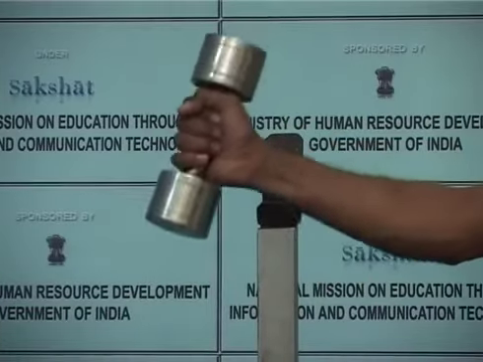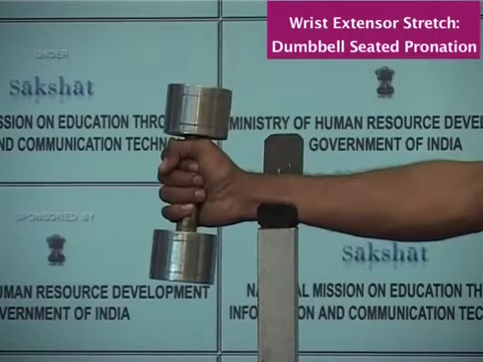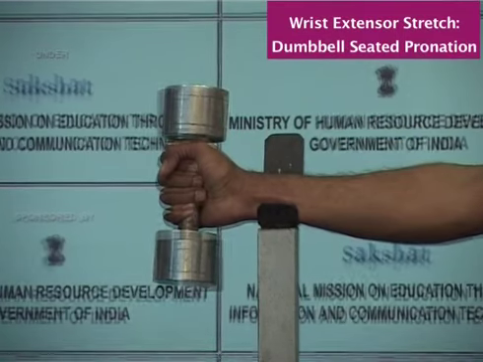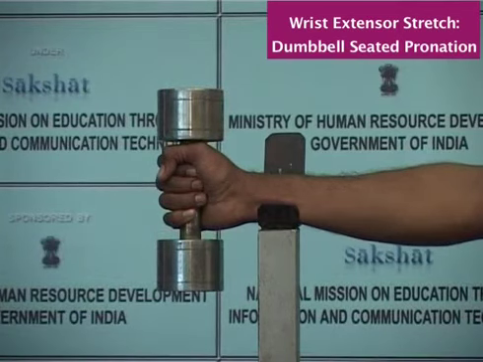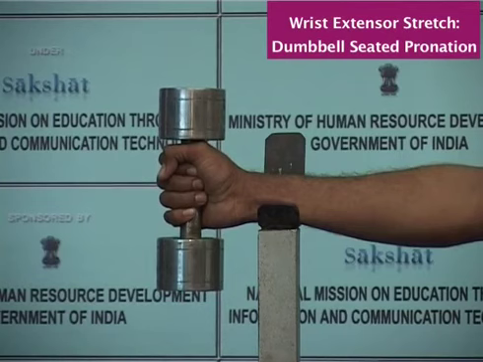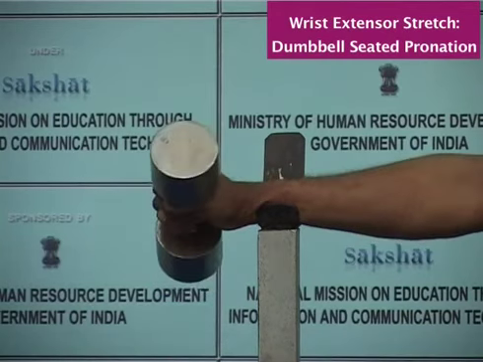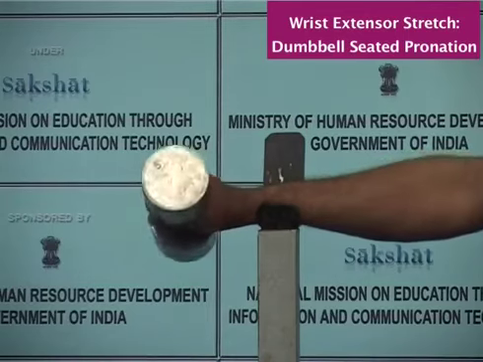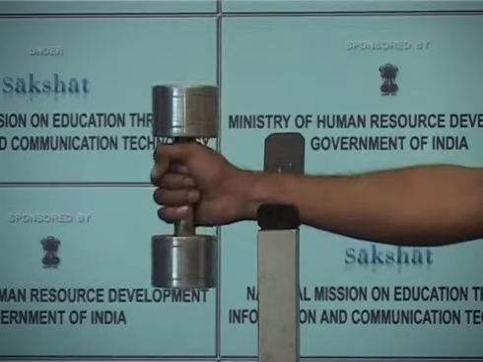Next type of exercise is the dumbbell seated pronation. That is, the subject should be sitting next to an elevated surface at approximately armpit height. Bend the elbow approximately 90 degree and place the upper arm on the elevated surface, position the thumb upward, that is supinated. Then rotate the dumbbell so the thumb turns downwards, that is the pronation movement, and return to the original position. So, this is called dumbbell seated pronation.